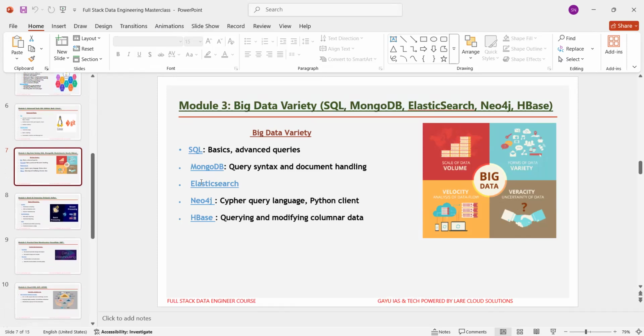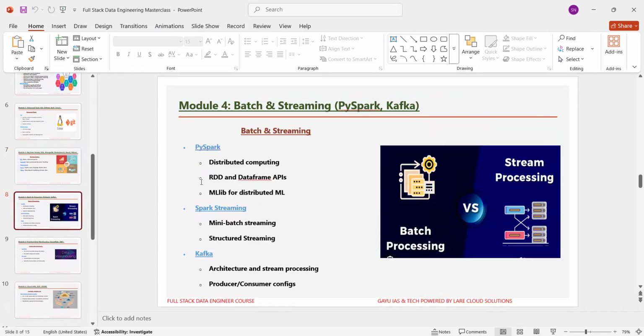Here, this is about module 3. Now we are going to module 1. Sorry, module 4. Going to learn about module 4. Here in module 4, you are going to learn, once again, about mastering the data processing pipelines for real-time and batch workloads. Module 4 is about batch and streaming. Here you master the data processing pipelines for real-time and batch workloads.